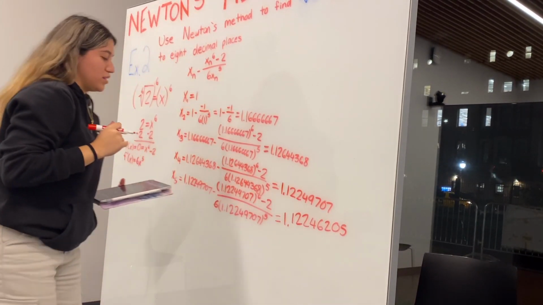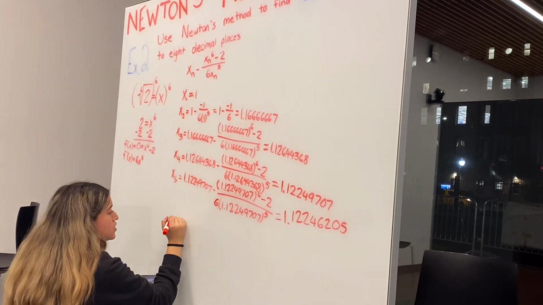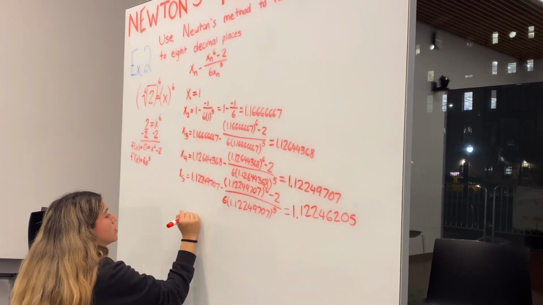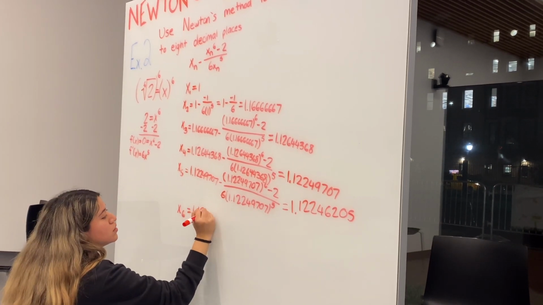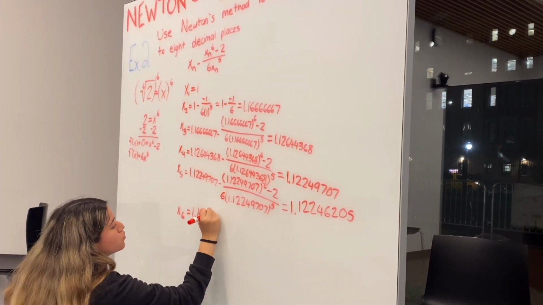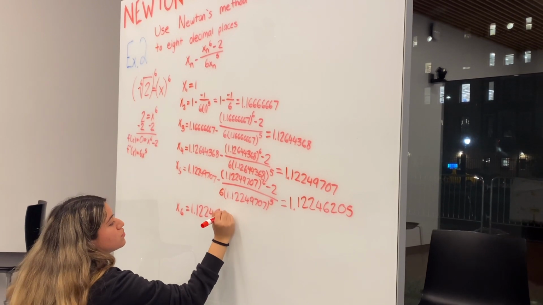So we're starting to notice that our two answers are getting closer, but still they're not quite as close as we want them to be. So we're going to try it one more time to see if we can get it even closer than before. So we're going to take, once again, our big decimal, 1.12246205,